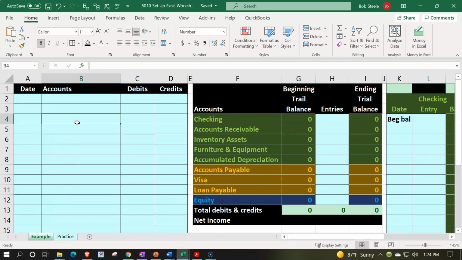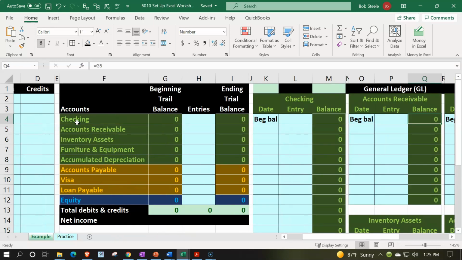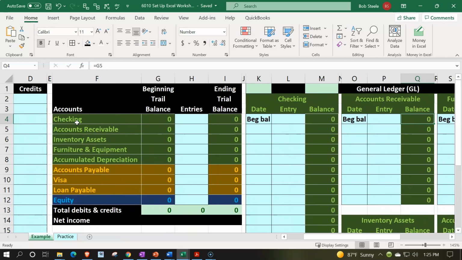On the left-hand side, we've been constructing the area where the journal entries are going to go, the debits and credits. Then we're going to post those to both the trial balance in the center area and the general ledger. The trial balance having these 3 columns is going to give us a look at the transactions quickly to see the impact on the accounts that are going to be affected. Then we're going to post it to the general ledger. That's where we're at this time. That's typically the most tedious part of the construction process here, the creation of the general ledger,